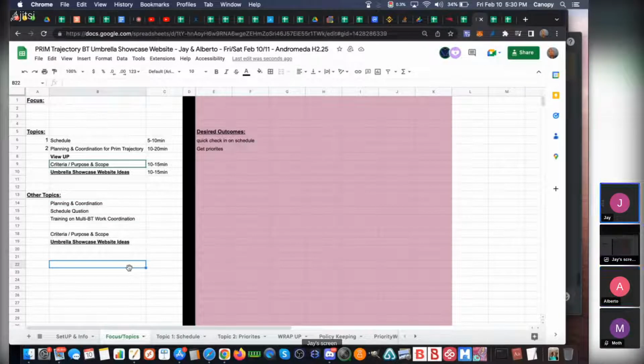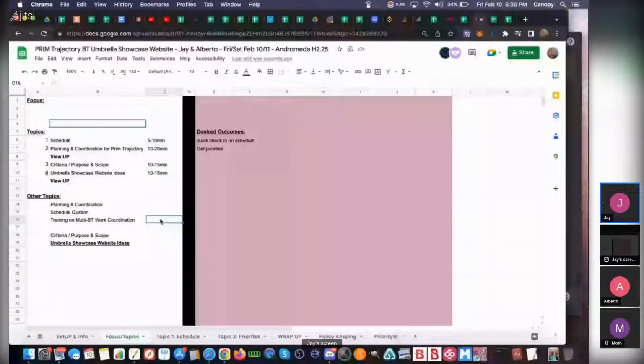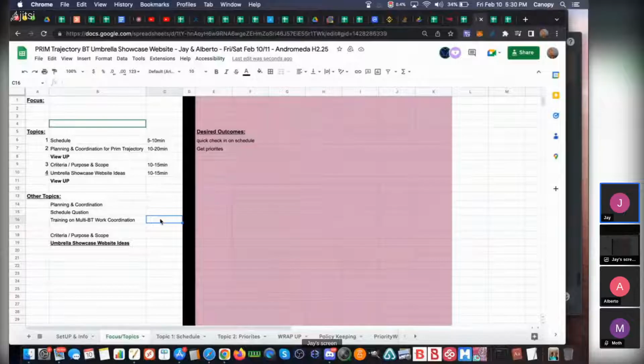The thing that I like about the trajectory model is that you know that every single trajectory overlaps and connects to every other trajectory. So even when we're talking about the criteria and purpose, we can still be talking about the websites if something comes up, right? And then it's about organizing the information so that it's in the correct trajectory. And then during the website discussion, we might accidentally talk some about the branding ideas and the image ideas. I mean, everything's related, it's just trying to get it organized, right? Okay. Yeah, so there's a lot of flexibility in the trajectory model, which is part of why it's really cool.